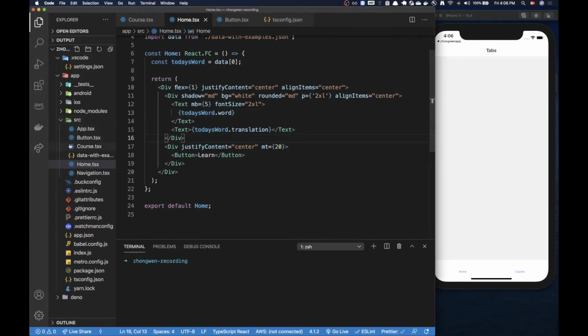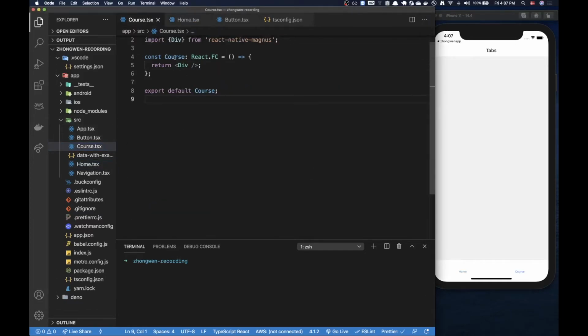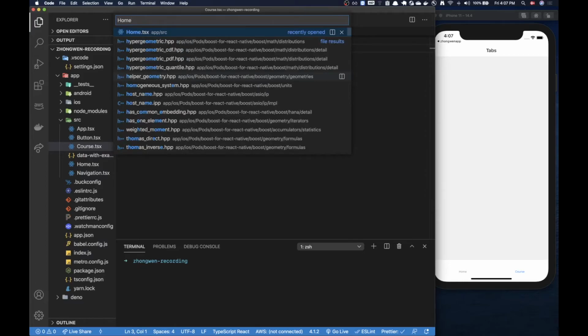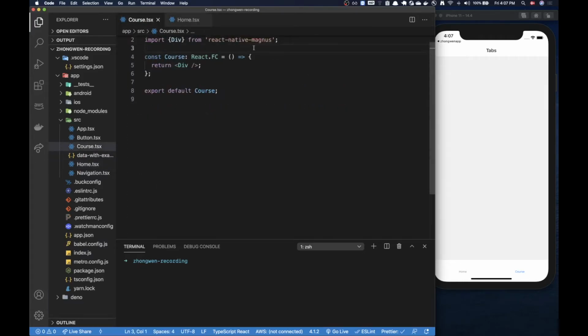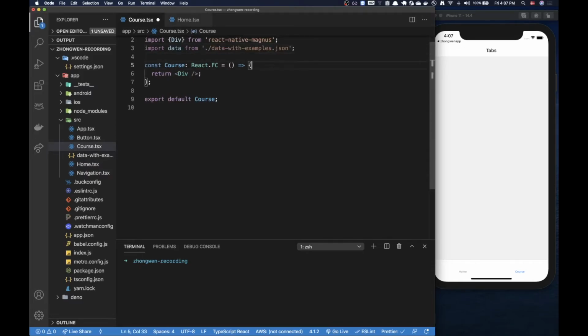So jumping into course, which is here. I want to just show all the words so you can get an overview of what to learn in this course. Okay, so similar to what we did inside home, we need to pull in the data to be able to show it. And still not using state. I just want to show this